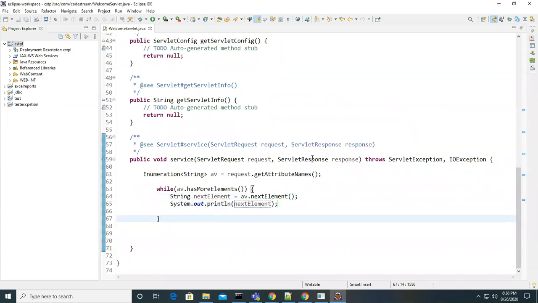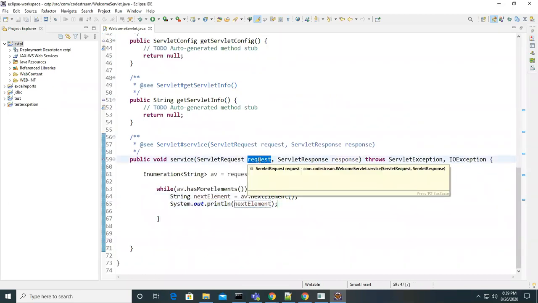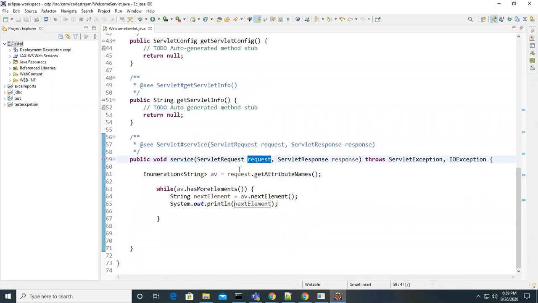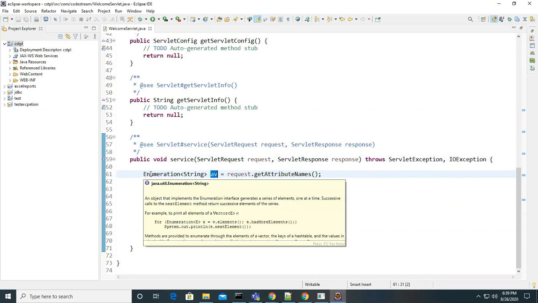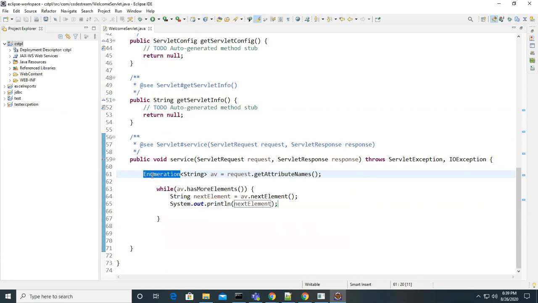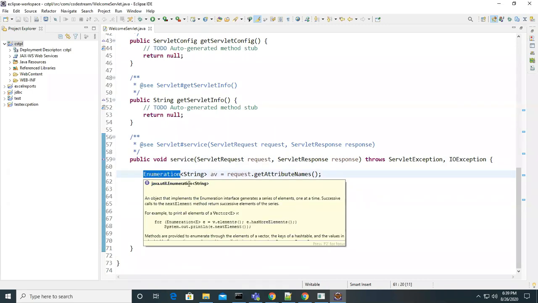So this is the code. From the request object, which is a predefined object created and passed by the server, I'm calling a method called getAttributeNames. That method returns an enumeration object. That enumeration is like an iterator which holds multiple values, and it is a part of the java.util package.